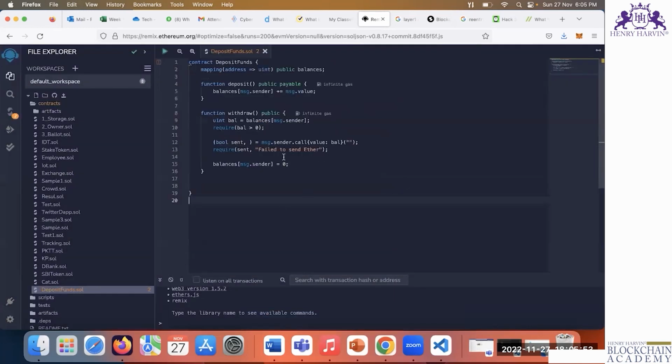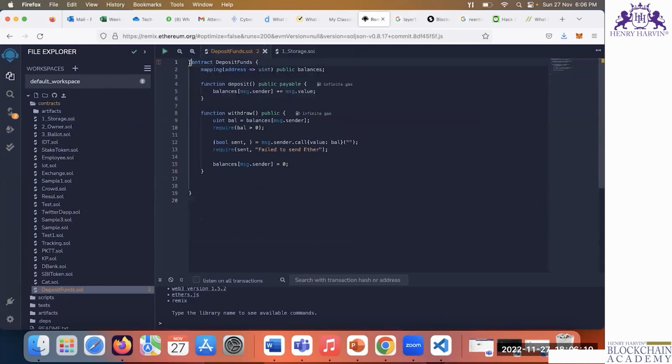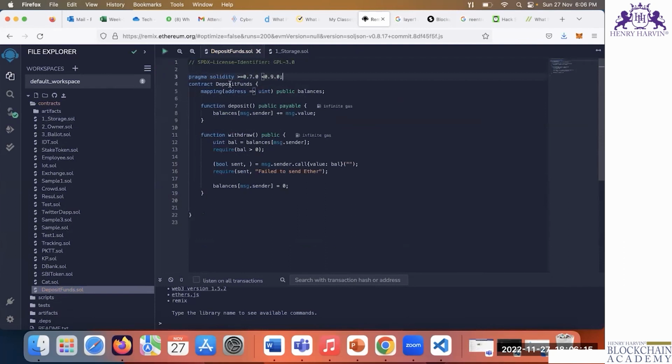Okay, this is one smart contract. Just see this smart contract, the DepositFunds contract. Before the first line, there should be the pragma line, otherwise there will be an error. The contract DepositFunds has a public balances mapping and a public payable deposit function. This function is used so anybody can deposit funds to the smart contract, and it is recorded over here. And the withdraw function is there.